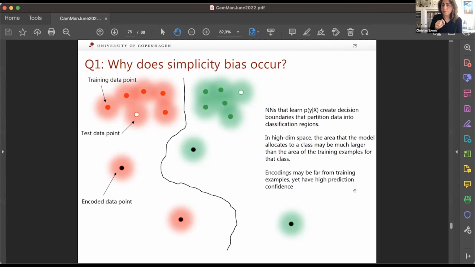But they might also be located very far away from the classification region occupied by the original input data points. And it might happen that we end up with a model having very, very high confidence in some representations of input data that are correlated with some very, very simple features, and they are located far away from our input data points.